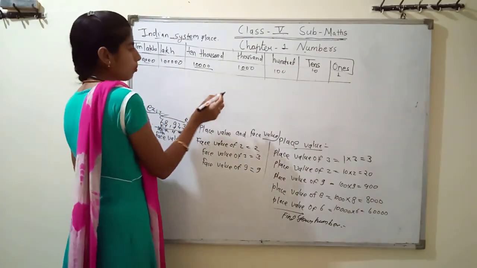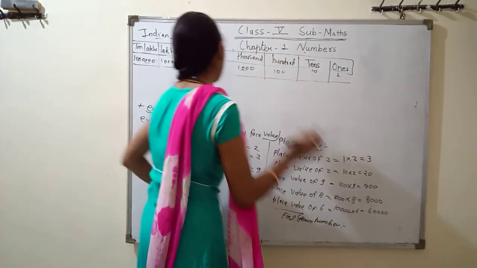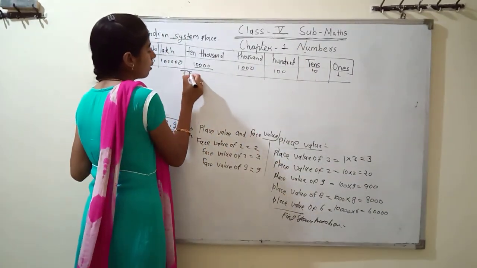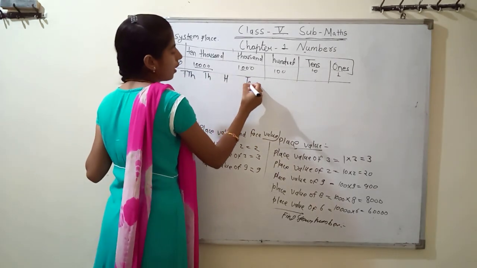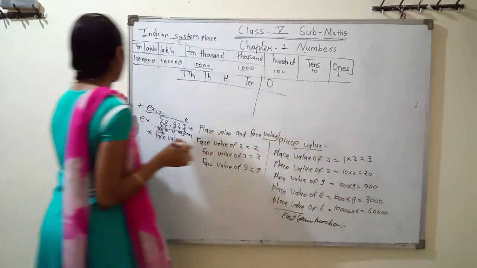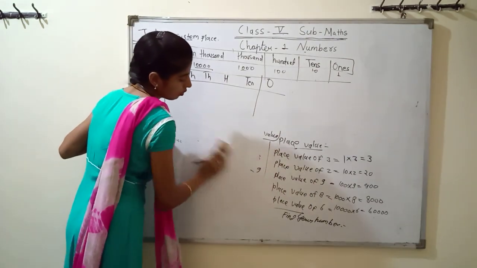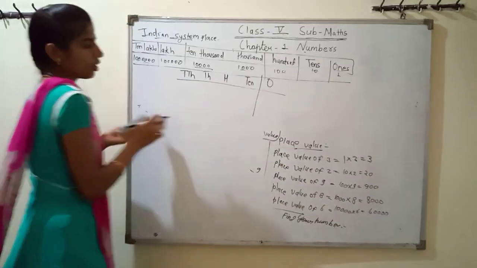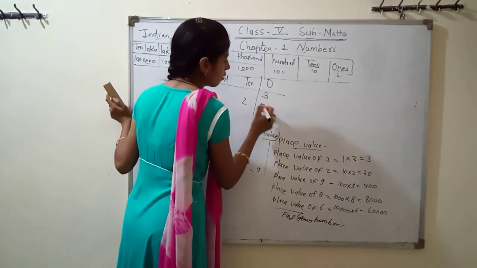The first method is to make your column. First, we know that the last is our 10,000. Then make your columns: 10,000, 1,000, 100, tens and ones. Make your column and now you find your answer. First we put the ones value, which is only 3. Then next is 2 and 0.